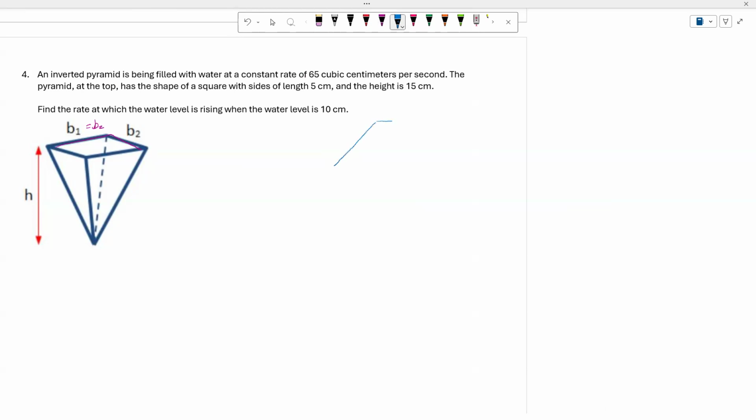Let's try to draw the diagram. So now this is 5 cm here. This is 5 cm. And the height of this is 15 cm. Now what we want to do is, again,